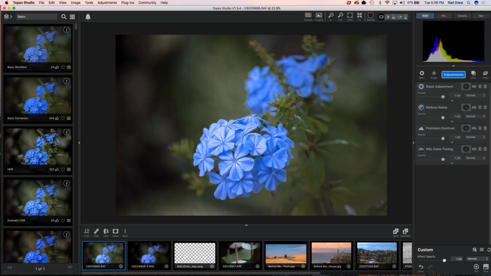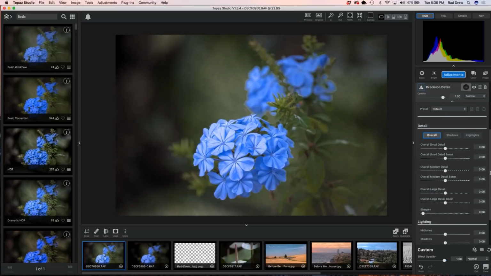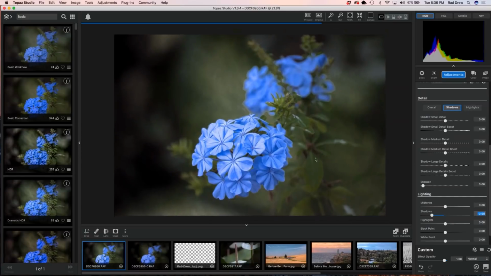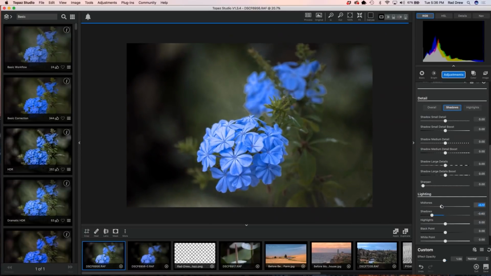And then finally, I want to do my precision detail adjustment. I'm going to go down here. And once again, in this case, I'm going to go to my shadows, because I'm trying to drop these shadows off. I'm going to drop that background down considerably. And my midtones a little bit here. I'm not sure if my black point's going to help me here much at all, but